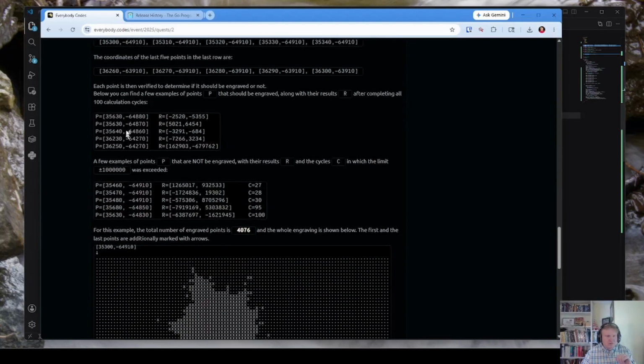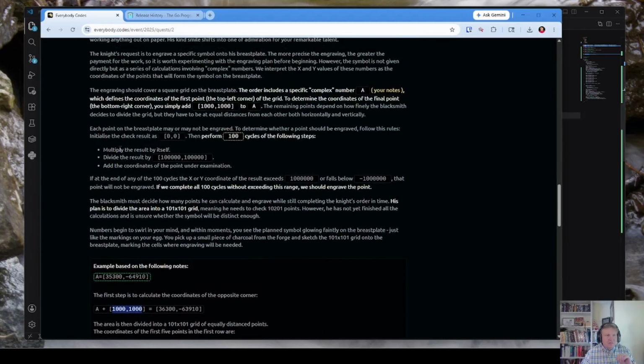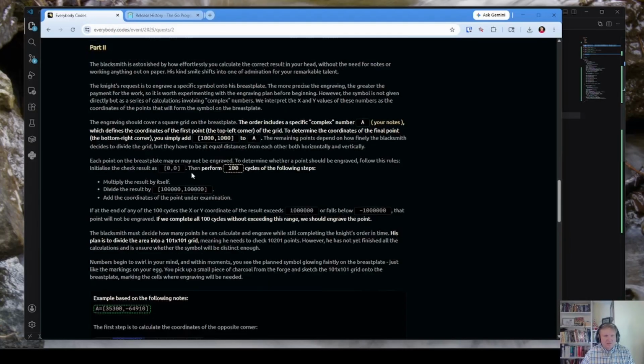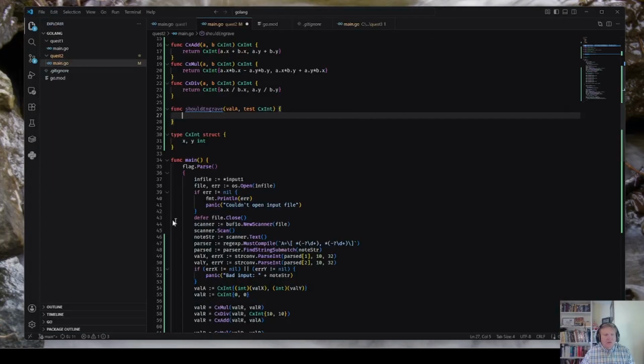So if we do C divide by the million, add the should engrave. Actually, we don't have to use val a, we just use test.